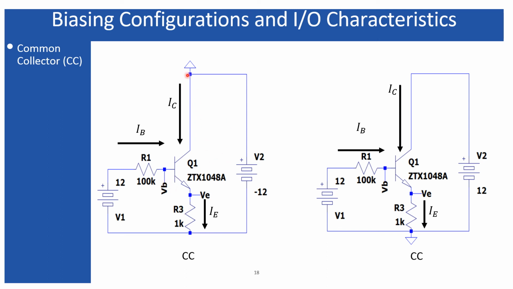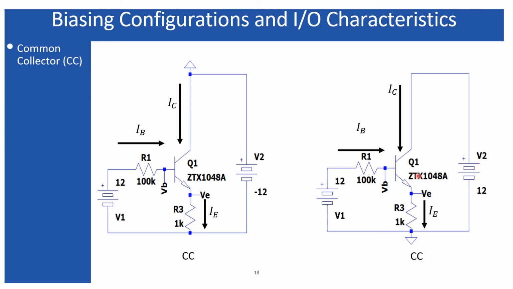Now, as I put this common reference point, which is ground or zero potential, at the collector, the emitter must be at some lower potential. So that is why I have considered it to be at minus 12 volt. And in place of taking output from the collector terminal, I am taking output across the emitter terminal. So basically, the major change is that I have just changed the position of this resistance.